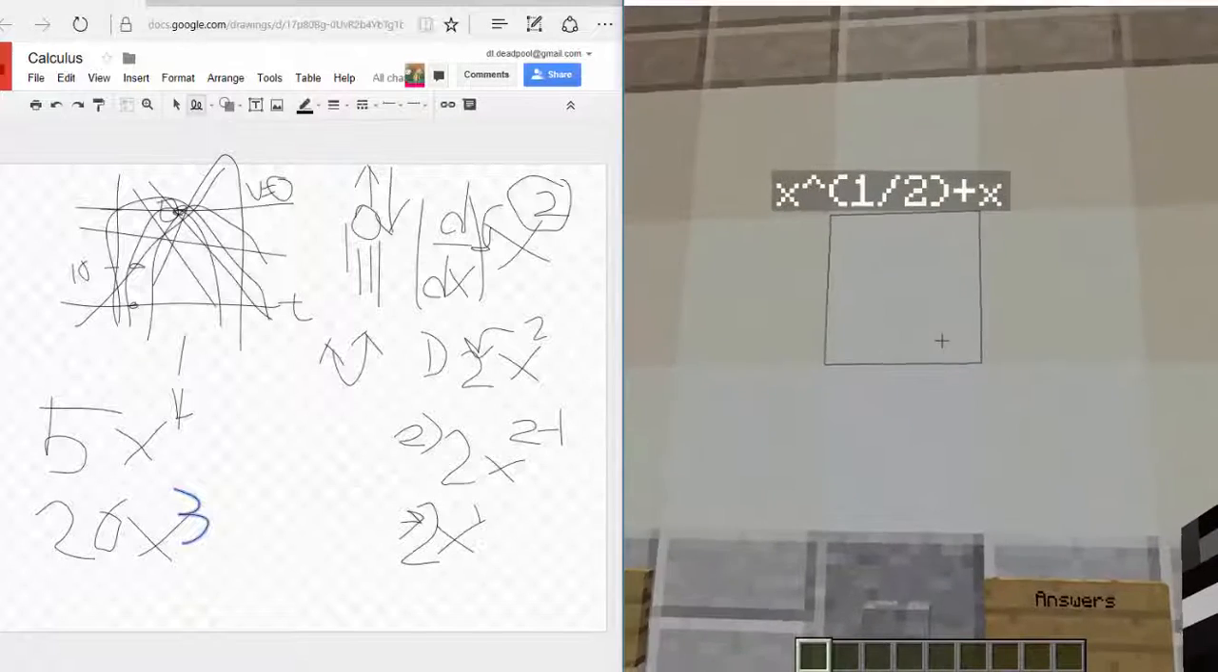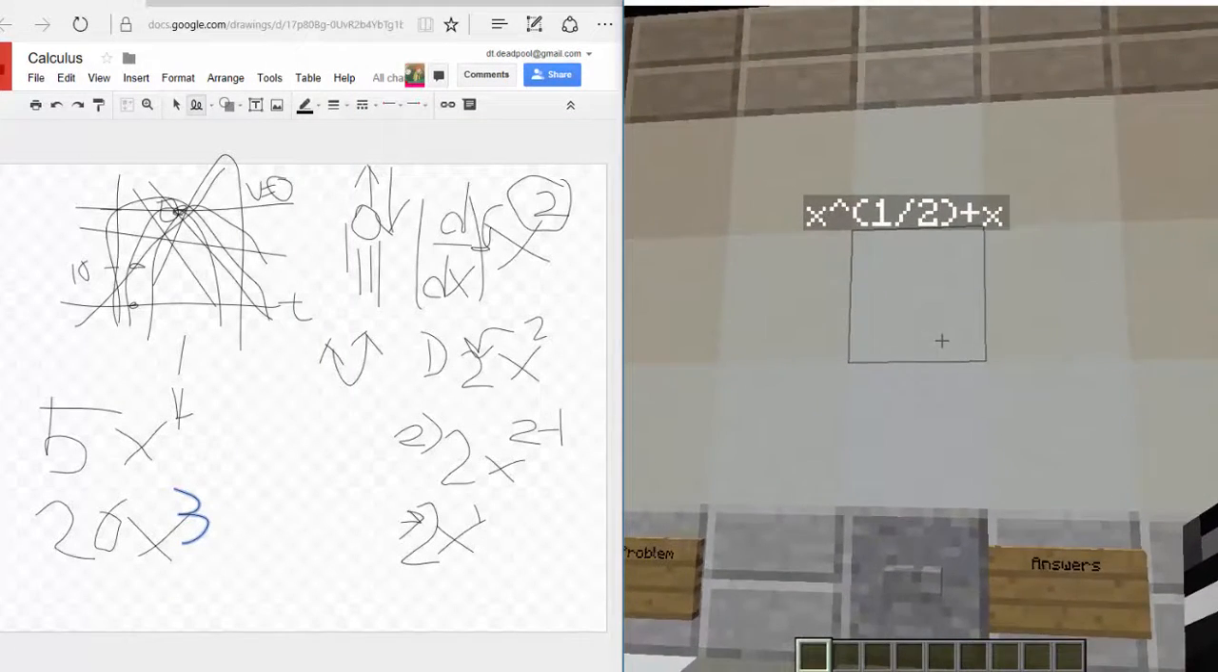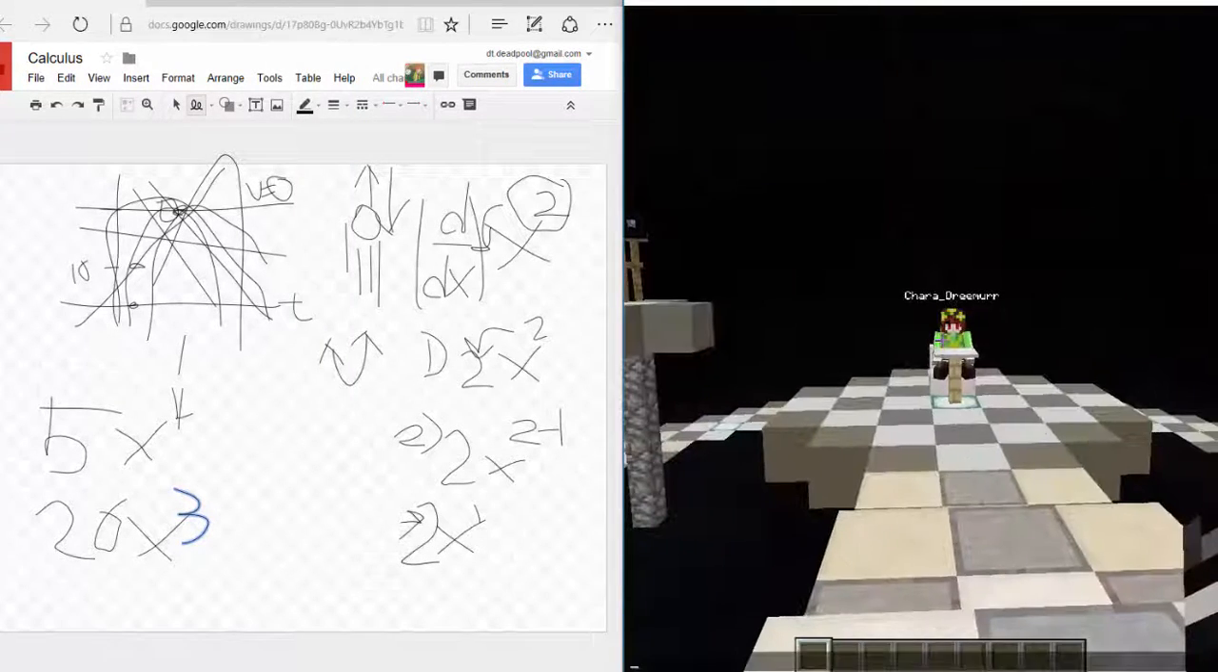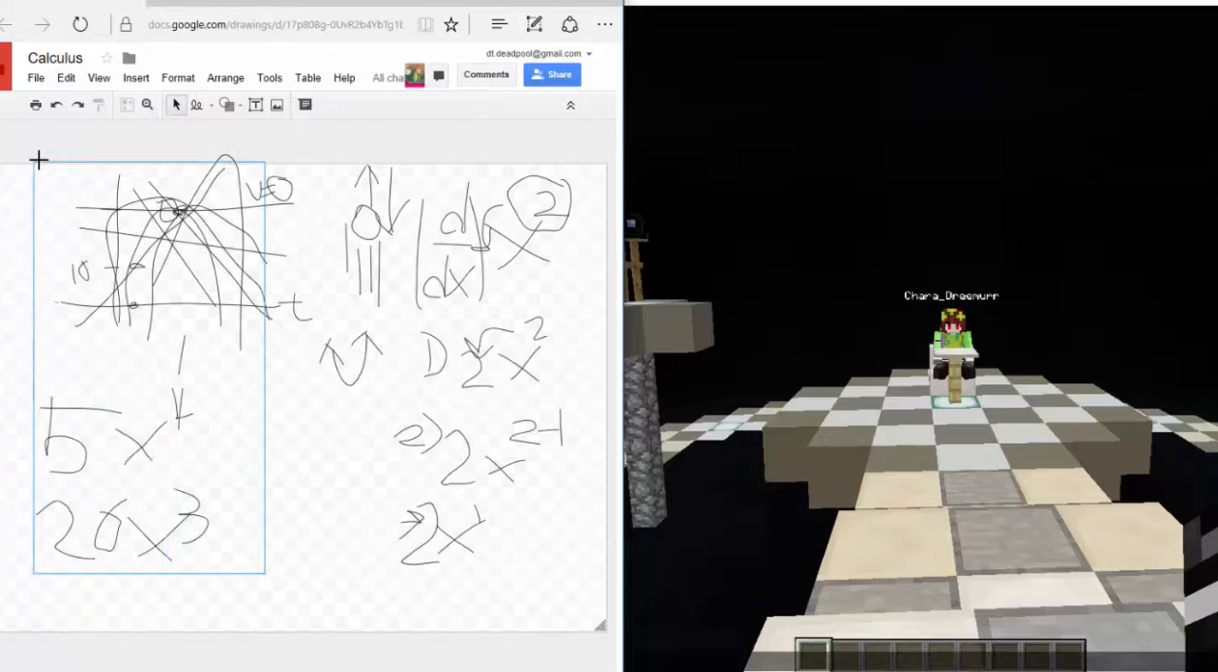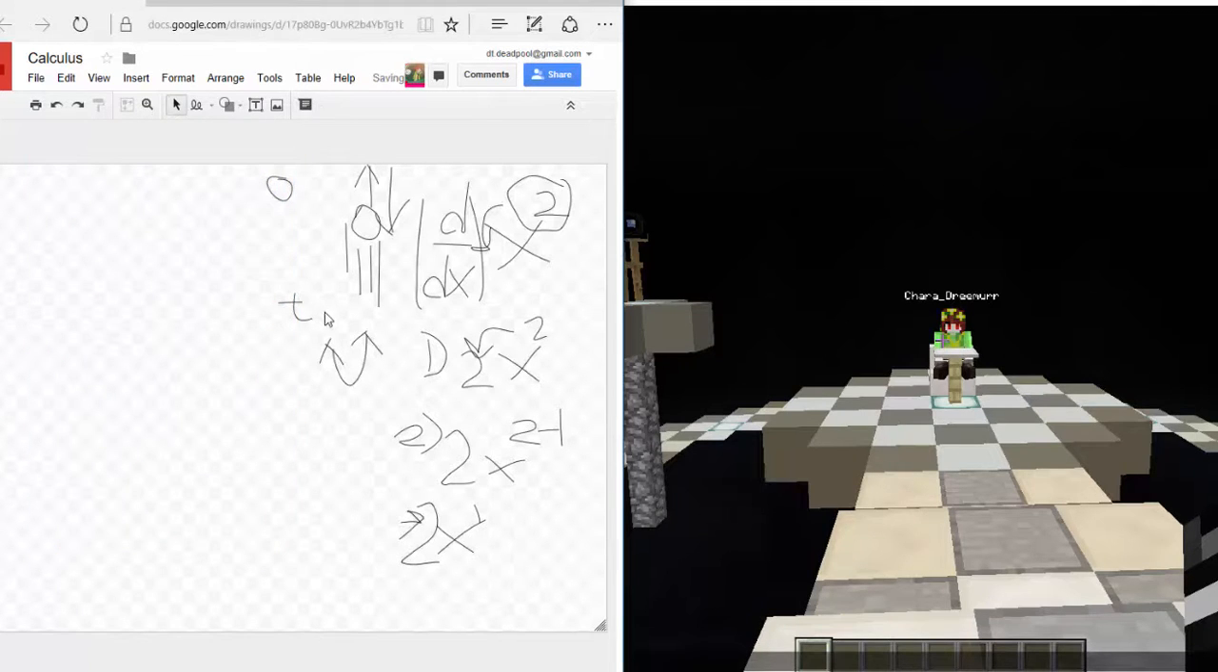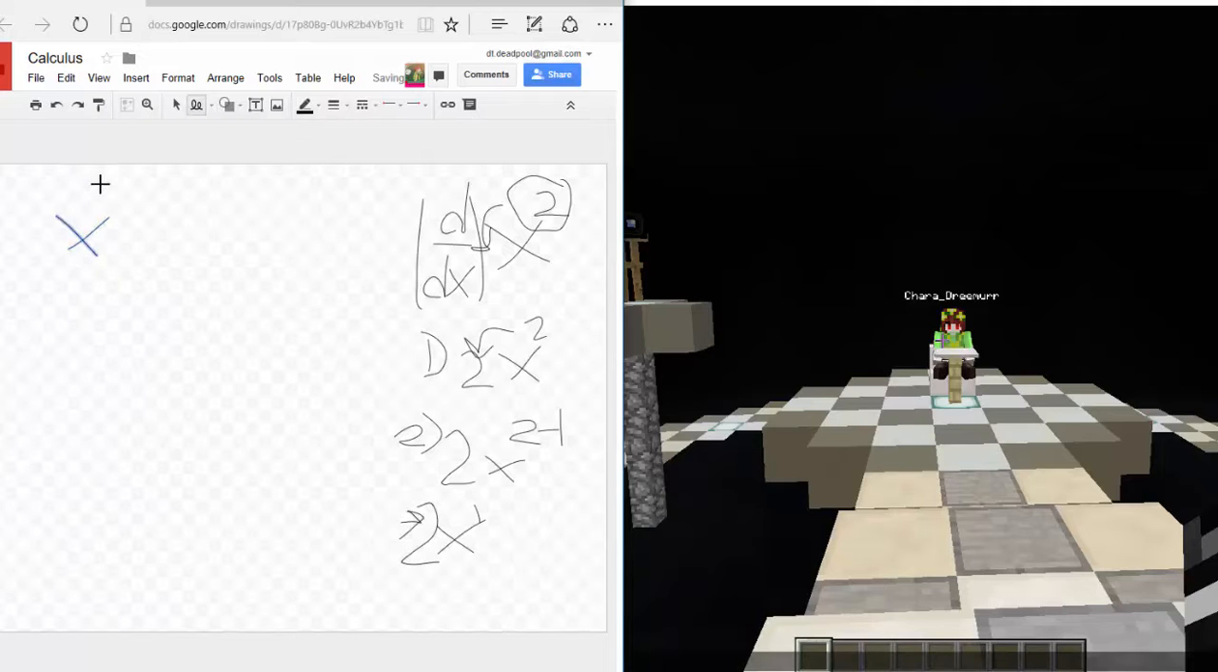Okay, so we're going to go on to the next one. This is the harder one, which is x to the 1/2 plus x. So what I'm trying to say here, this is just a special note. Let me get rid of everything there so I can have some room. So I'm just going to keep the side thing for you. So when you have something like x to the 1/2